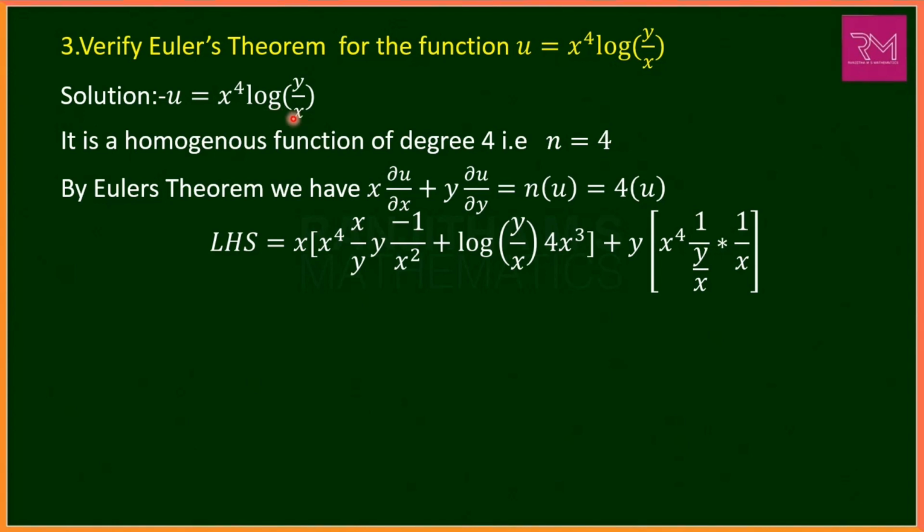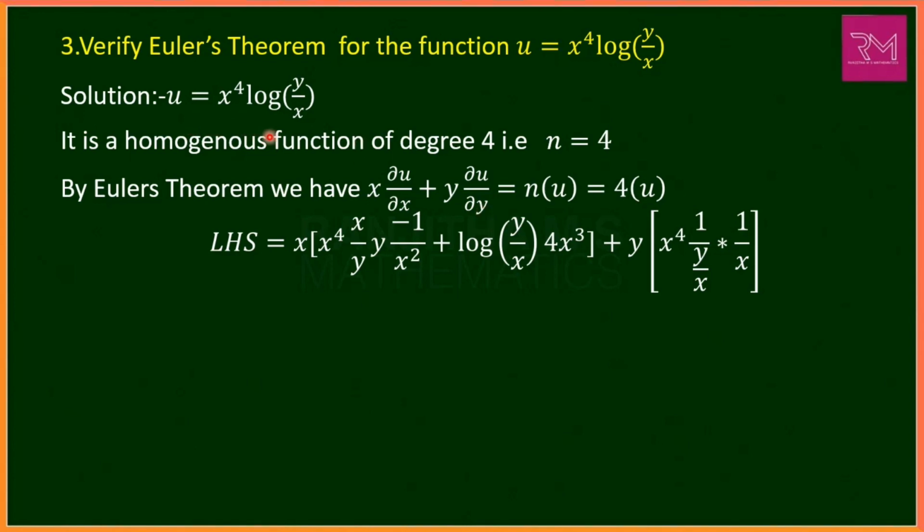So we have to apply the product rule. First function into the derivative of log of y by x. We know that the differentiation of log x is 1 by x. Here in the place of x we have y by x. So we get 1 by y by x, we can take it as x by y, into, again we have to differentiate this y by x term, that is y is constant, take as it is, into the differentiation of 1 by x, which is minus 1 by x square, plus the second function, that is log of y by x, into the differentiation of x power 4, which is 4x cube,